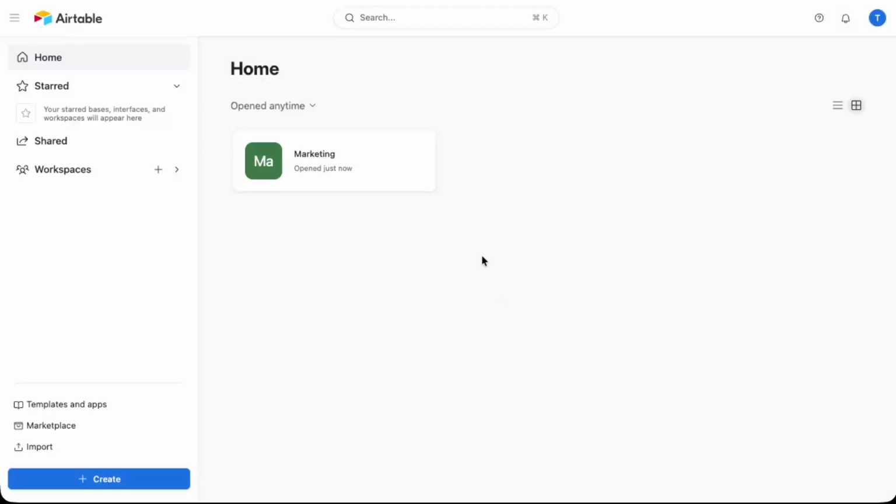In today's video, I'm going to teach you how to lock a view in Airtable. Locking a view is really useful when you've carefully set up filters, sorting, groups, or hidden fields, and you don't want other collaborators to accidentally change that layout. By the end of this video, you'll know exactly how to protect a view so it stays consistent for everyone